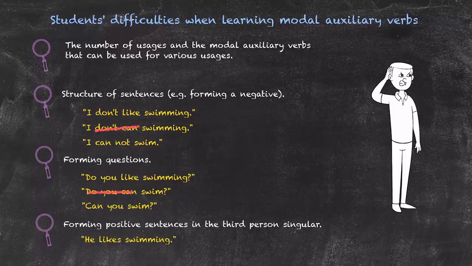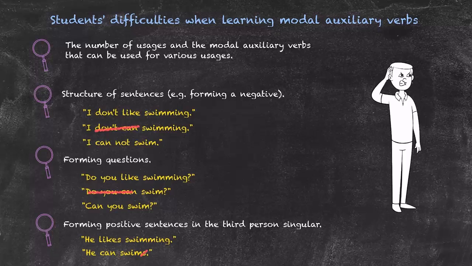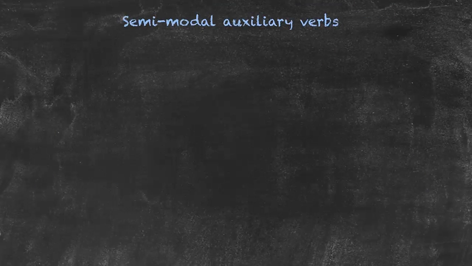He likes swimming, and he can swims. He swims is obviously correct, but the tendency may be to extend that to he can swims. The S is omitted here, as the main verb is not conjugated when used with modal auxiliary verbs. So, he can swim. One more aspect students have trouble with is when we start to introduce what we referred